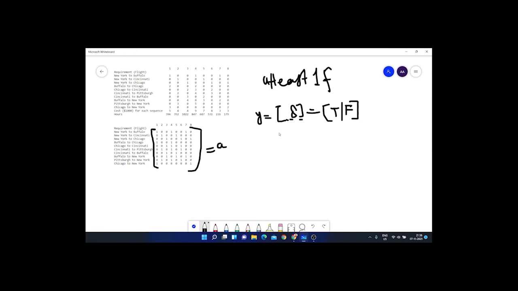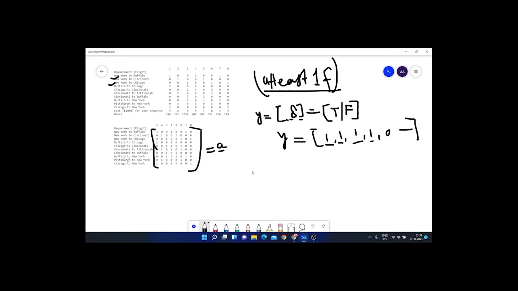So if the variable y equals 1 1 1 1 0 etc., this means that the first 4 flight sequences together can make the company maximum profit and satisfy that at least one flight is available from each city to each city, as mentioned here. So this is our decision variable, and we are creating a matrix A.